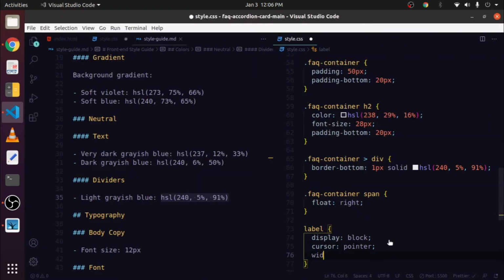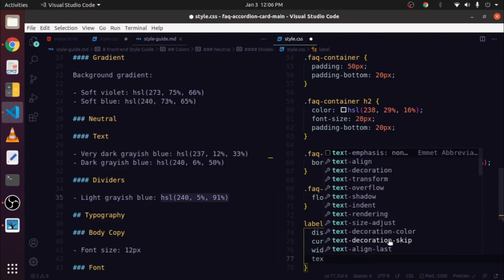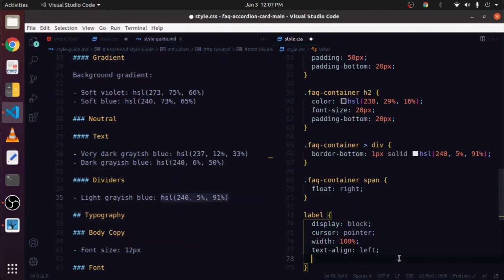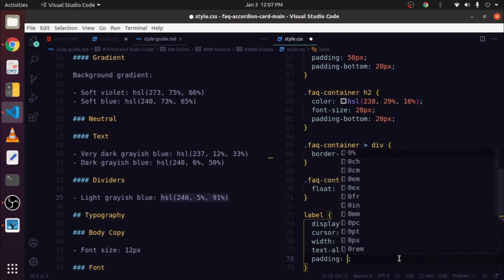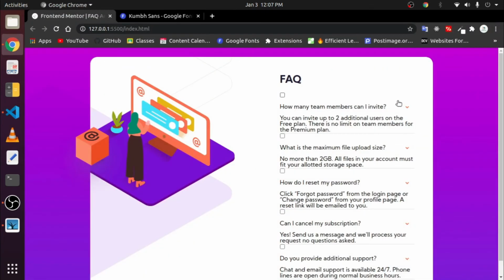Now give it a width of 100% and then align the text to the left hand side like this. Now add padding around it, 15 pixels, 15 pixels and 15 pixels to the bottom and give it 0 to the left hand side. Now we have added a padding around these label tag.